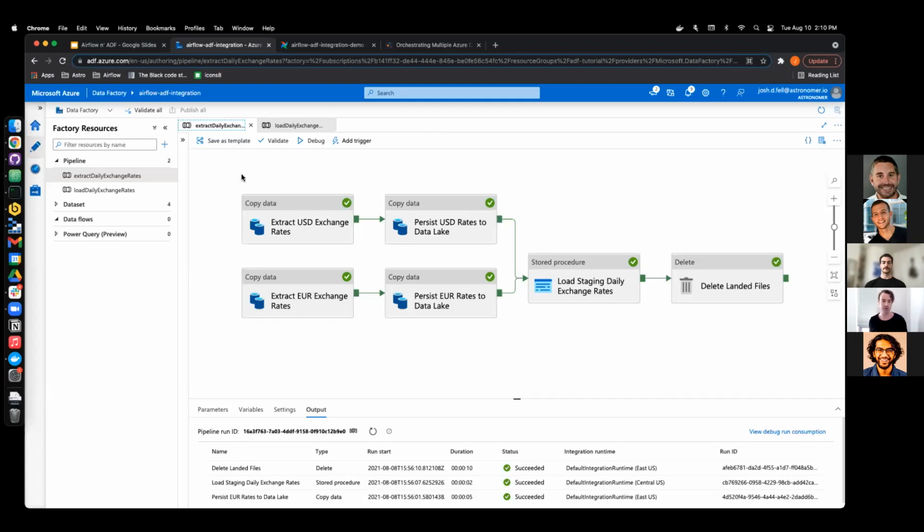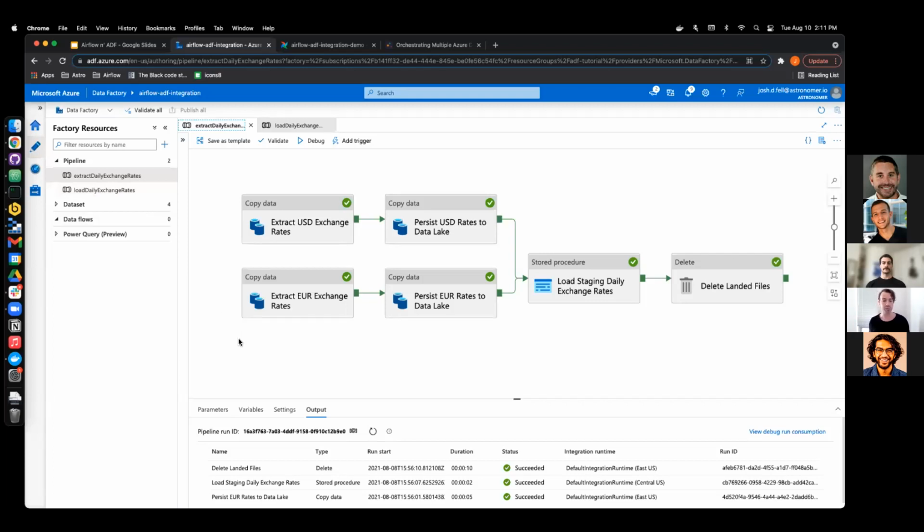So you have the ability to really orchestrate multiple pipelines. For this demonstration, you can see they are in the same data factory, but by all means, they could be in completely different data factories, different subscriptions, tenants, etc. As long as you can create a connection via Airflow to them, you can orchestrate them as you see fit in an overarching master orchestration. So to dive into those two pipelines that we have for this demo,